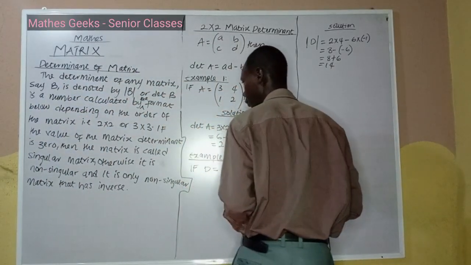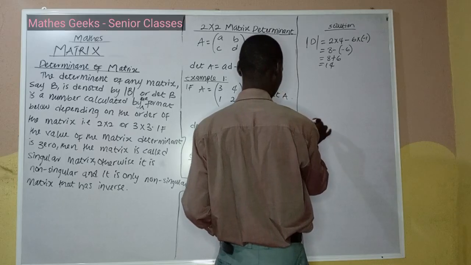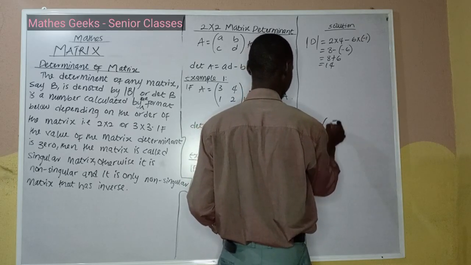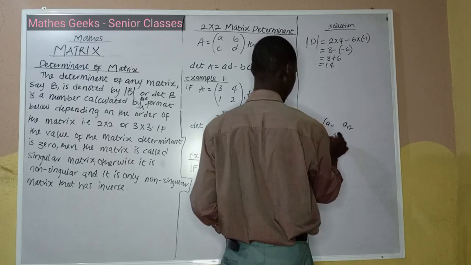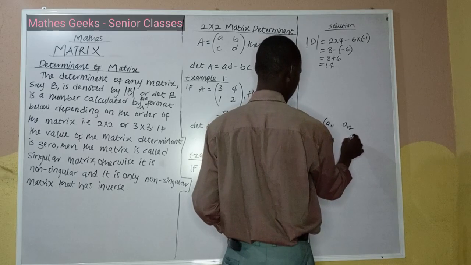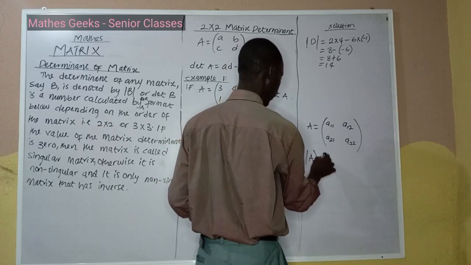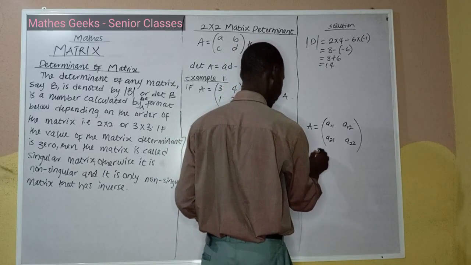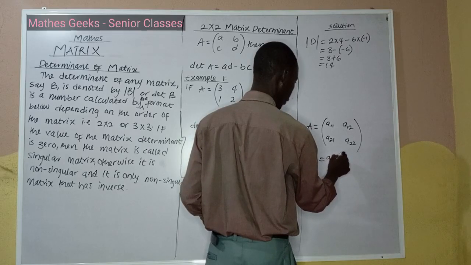So we see a singular matrix if, say, the matrix is a11, a12, a21, a22, and by the time we look for the determinant of matrix A,